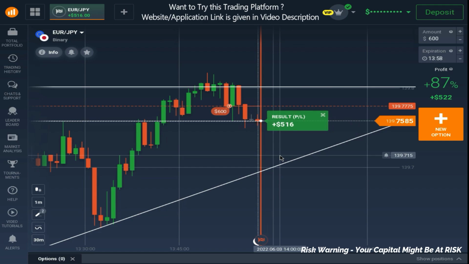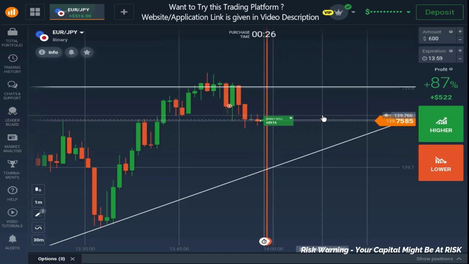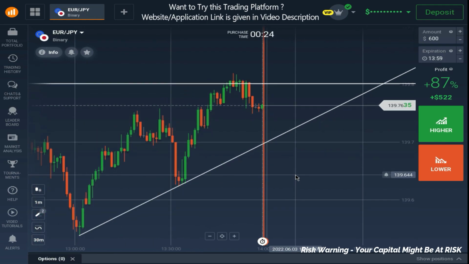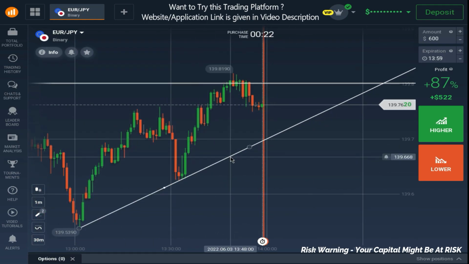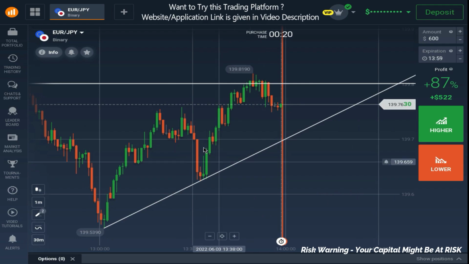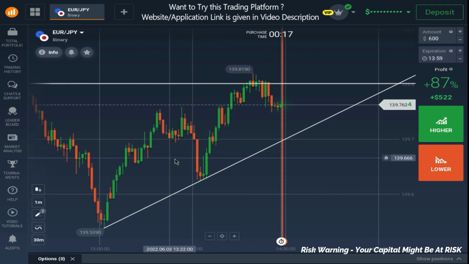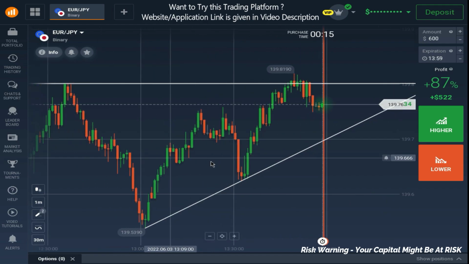So we have won this trade easily. Now let me explain one by one all the steps that I considered before placing this trade. In the beginning, when the market was somewhere around here, I was interested in placing a trade in the downward